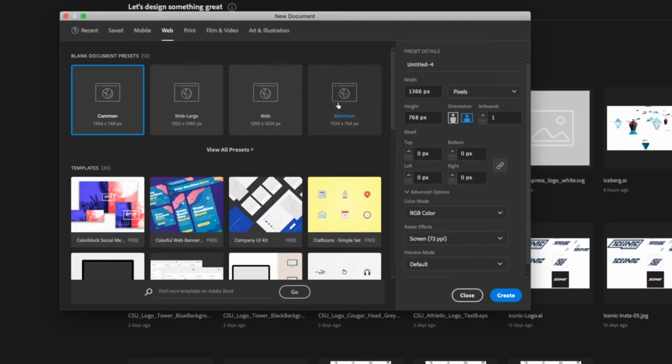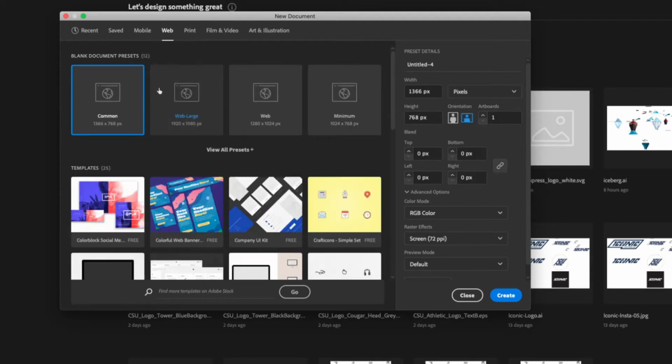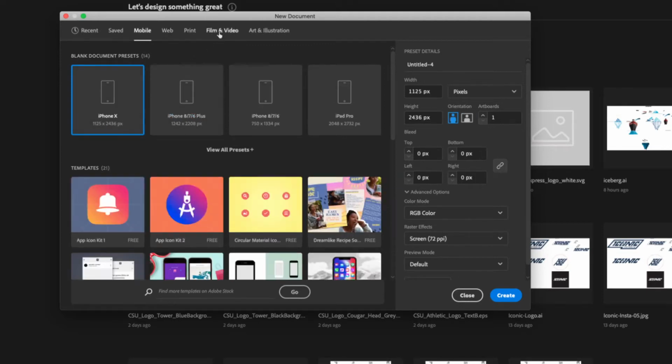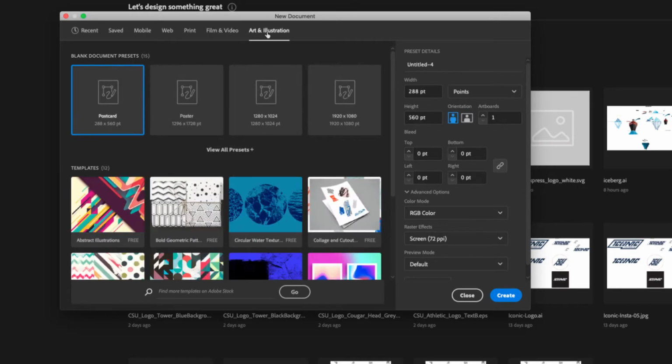They also have some standard web formats, some standard print formats, so you have your letter and the A4, the legal, and the tabloid. You'll notice also that the measurements are changing. And this is something that you can change in your preferences. Generally, the standard measurement for print is points. The standard measurement for web is pixels. Same with the mobile devices. Film and video are going to be pixels because it's on a screen,